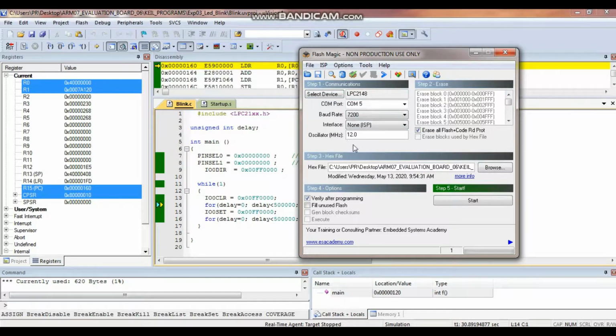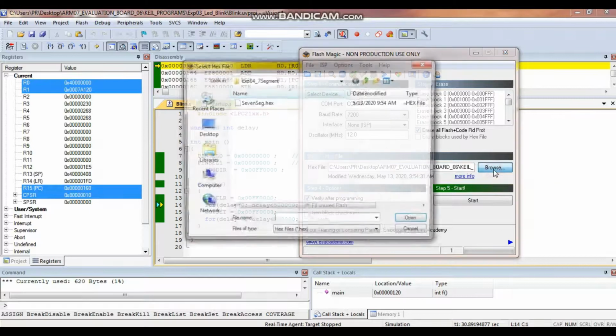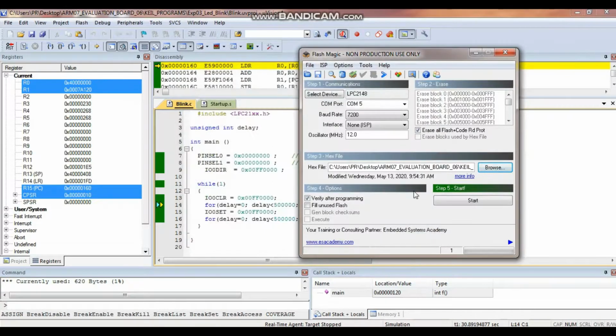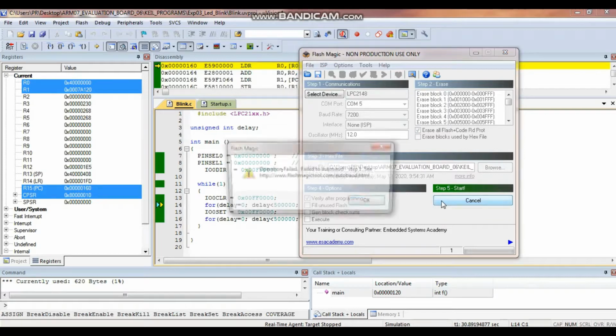Keep the rest as it is. Check the erase flash code, then verify programming. Then browse to the hex file which is generated. For that you have to go to the folder where you stored the project. Now open it. Now all settings are done. Just click on start.